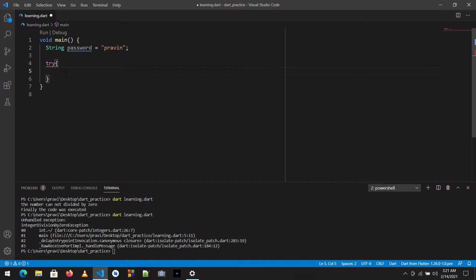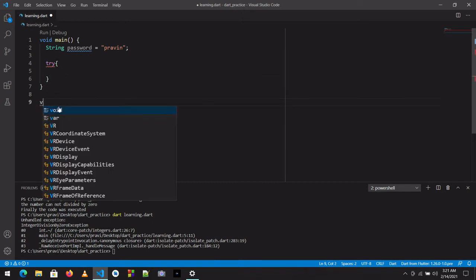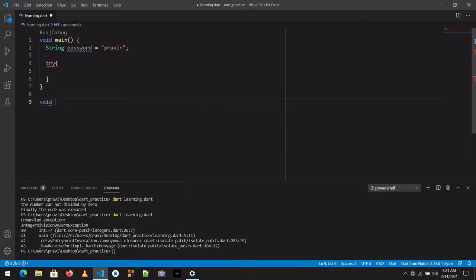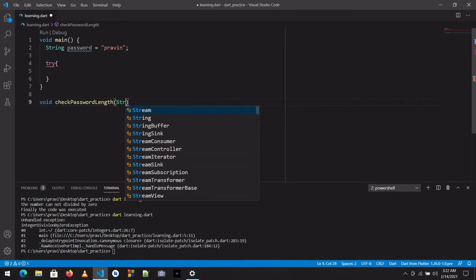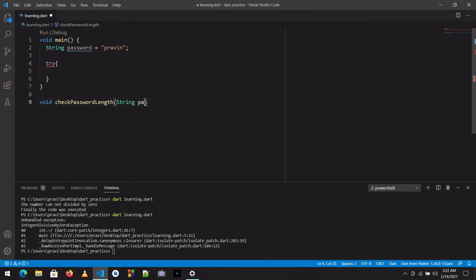But before that, I will create a function to check whether my password length is less than 8 or not. So, check password length, and I will write a parameter here, password.